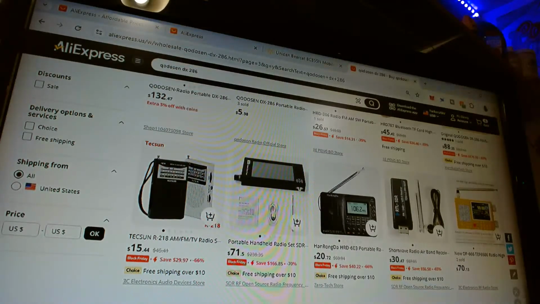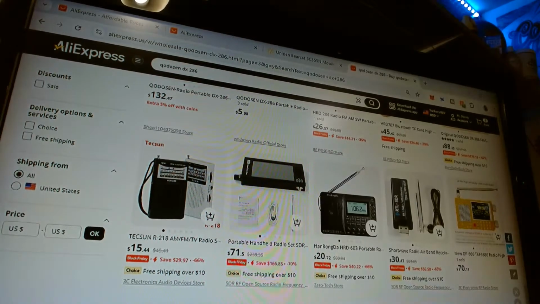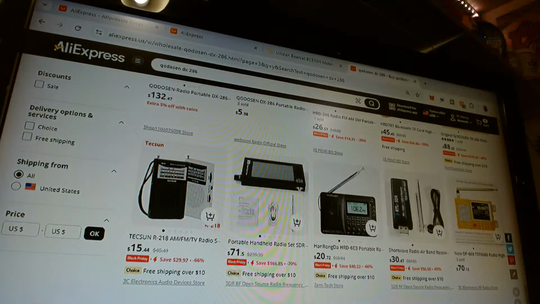Let me check over here. So you go to Amazon, and then I will put RTL-SDR. Let's try version 4. So let me move this tab over here.